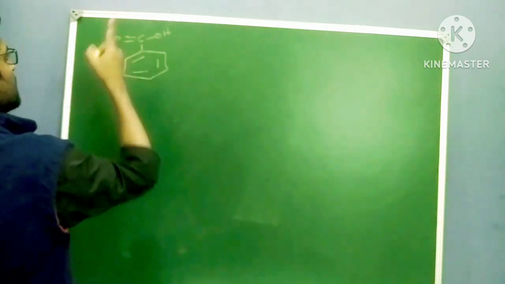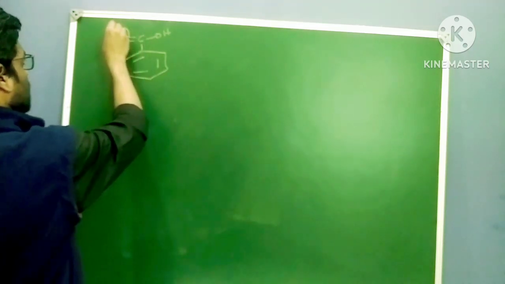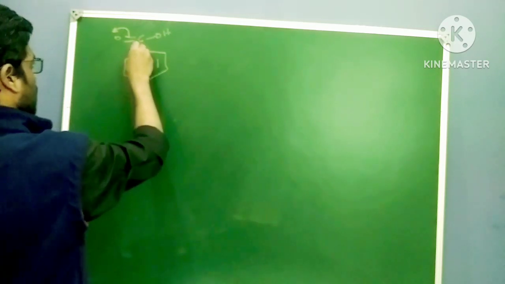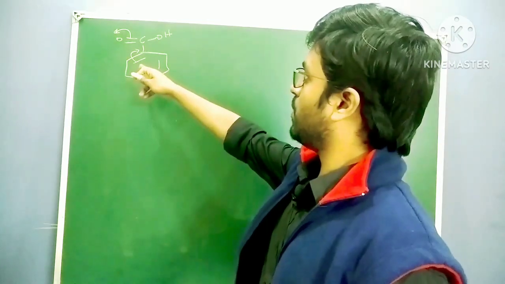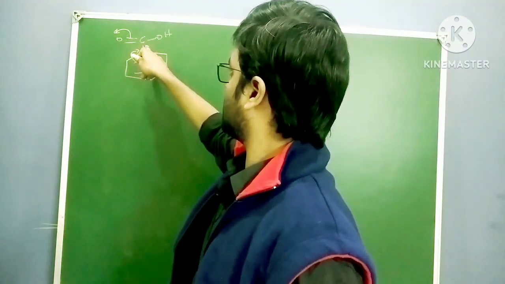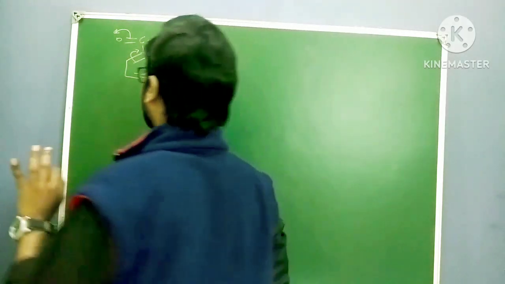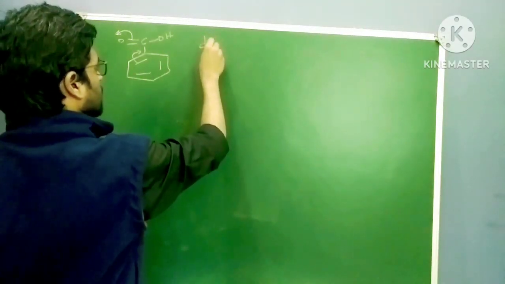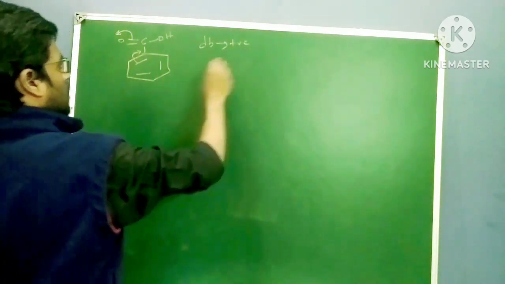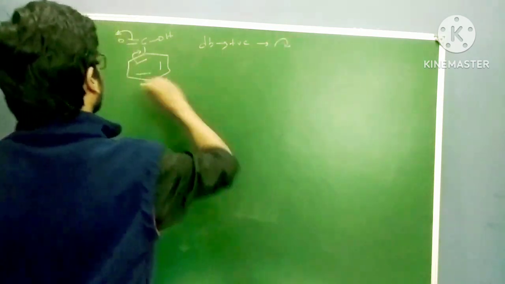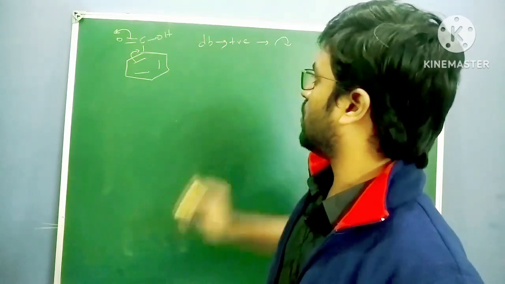Now 1, 2, 3 are sp2, but this is an electron withdrawing group, so I'm moving this electron towards this, and now moving like this. What happens? See, the double bond, and here there is a positive charge because of this oxygen. So the movement is double bond to positive charged atom. So the movement is in the clockwise direction, from the ring it is clockwise, so you have to move clockwise.